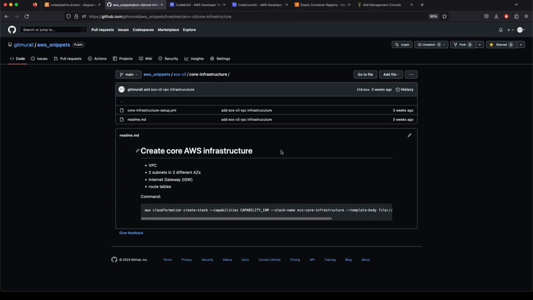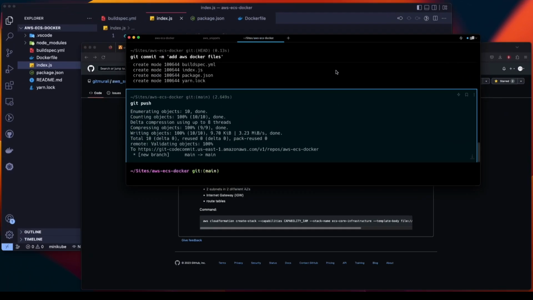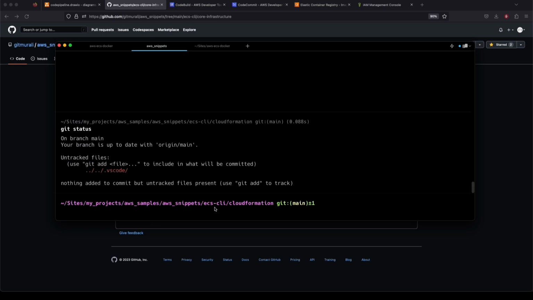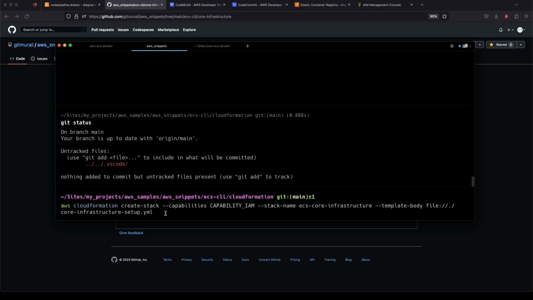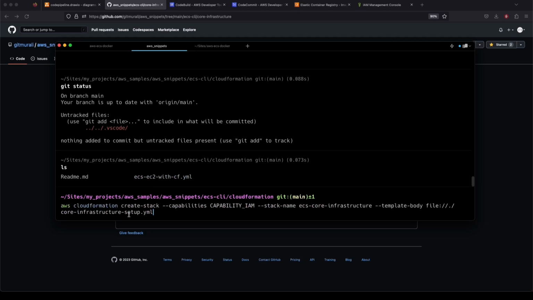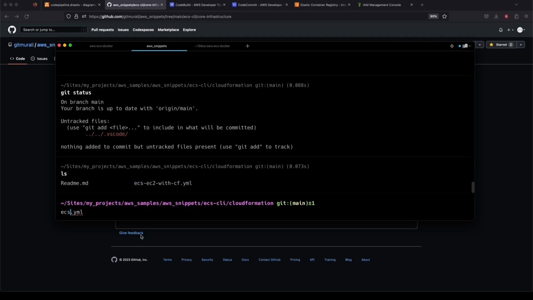Just copy that URL and go to AWS snippets in the terminal. I'm in the terminal, and I'm already inside this ECS CLI directory, so I'm going to simply copy paste the command over here. AWS CloudFormation create stack. We are creating a stack which is ECS core infrastructure, which is nothing but our VPC and core infrastructure setup. So let's see if we have this already. Core infrastructure setup. I think it is ECS EC2